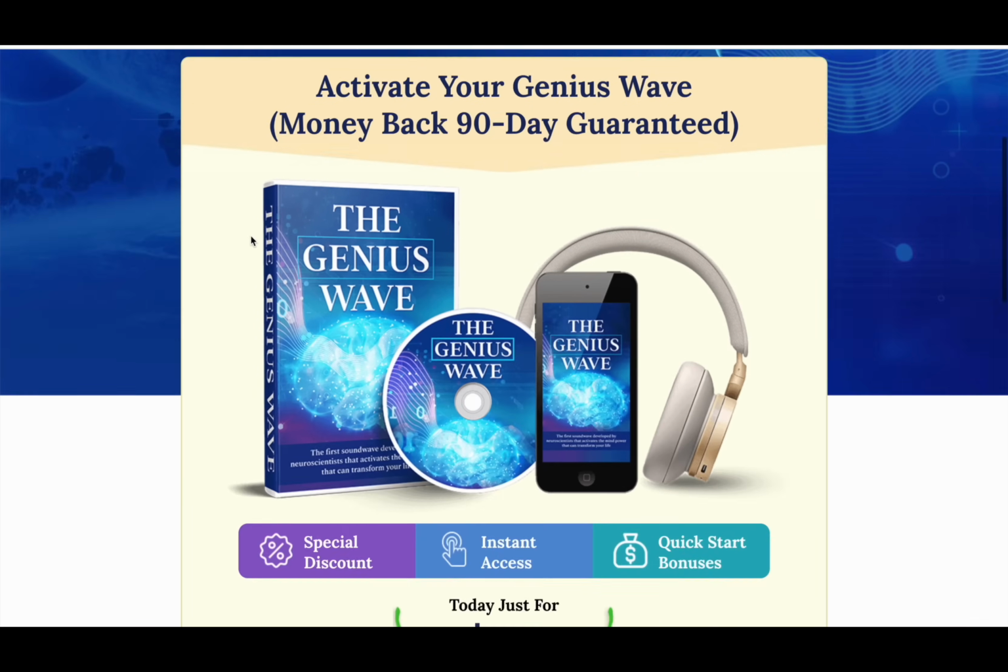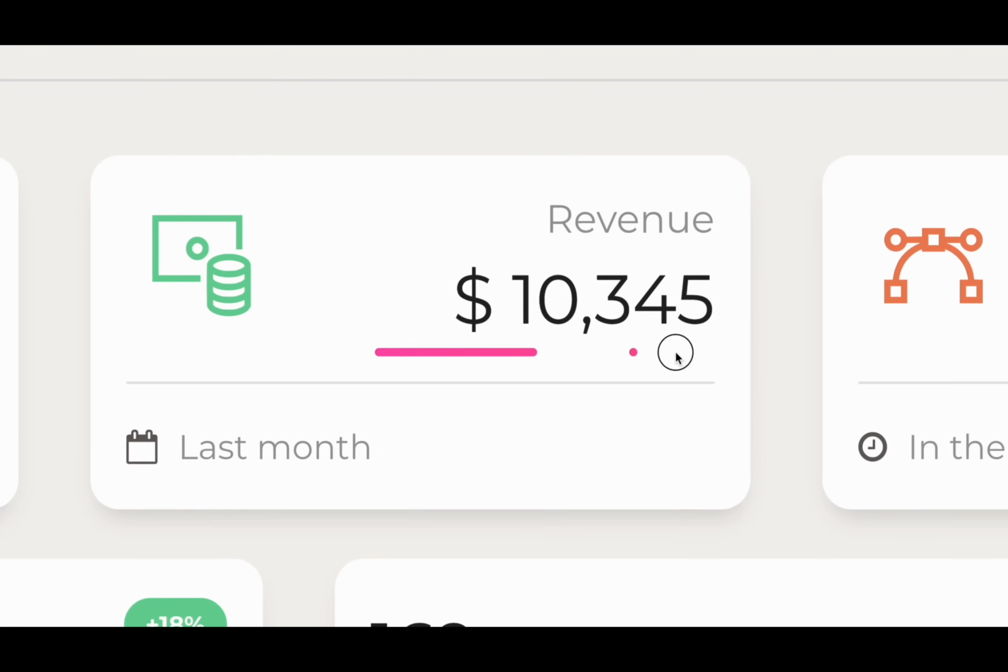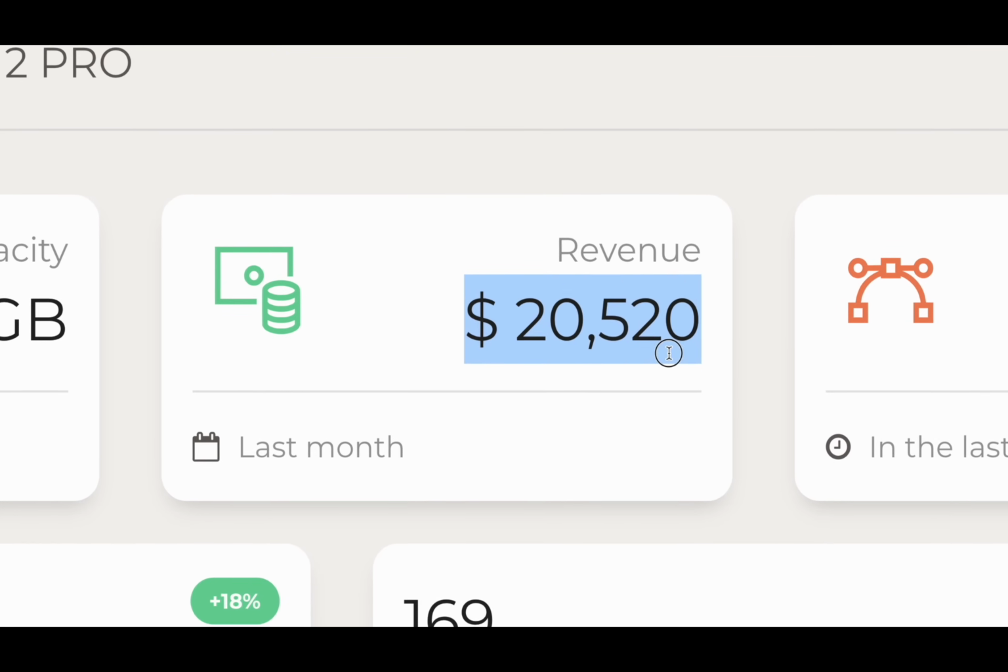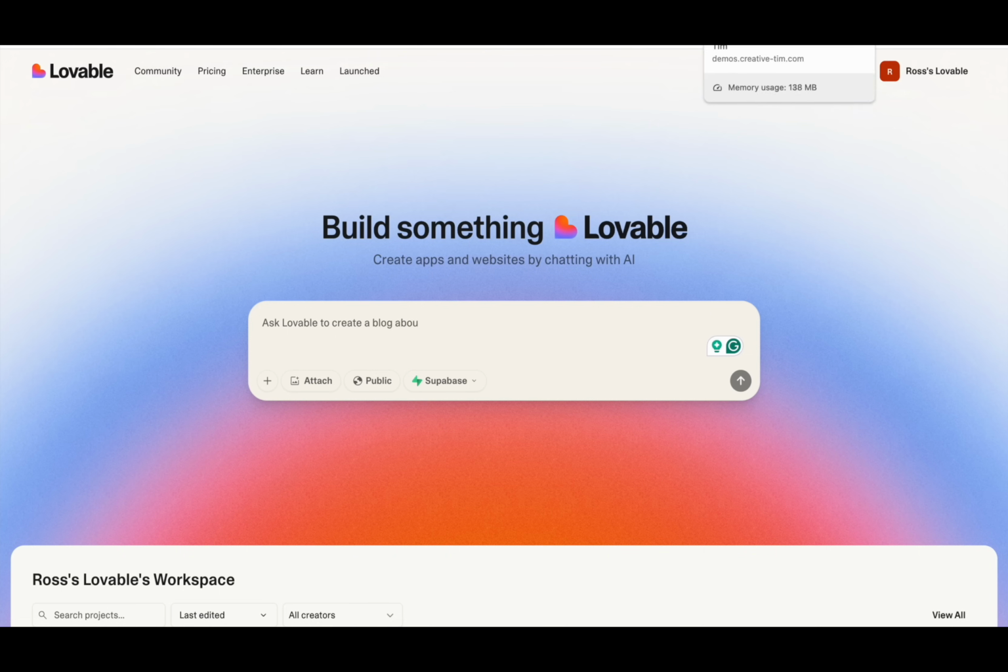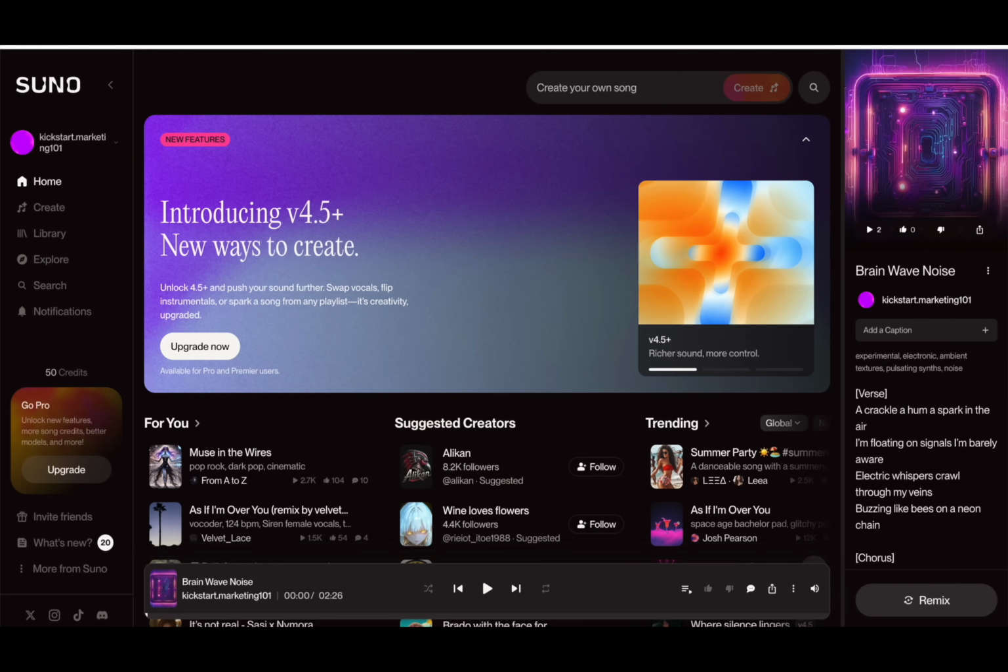This simple, ugly looking website is generating from $10,000 to more than $20,000 a month, but you're going to be blown away how it generates that money. Here's a hint: it provides brainwave frequencies. So the goal for today's video is to show you step by step how you can replicate the same website